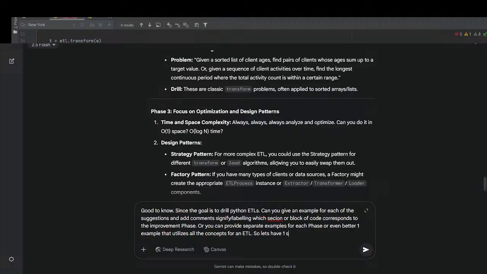Let's have one separate example code for